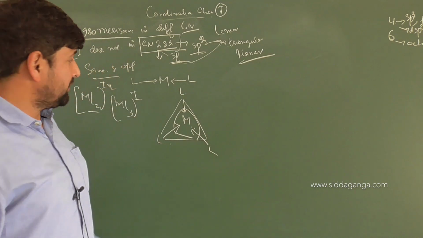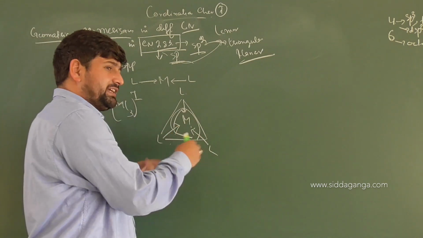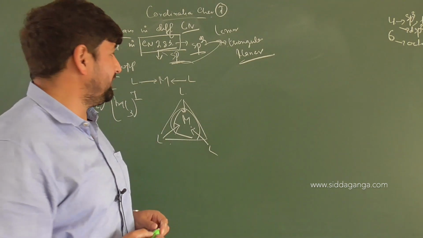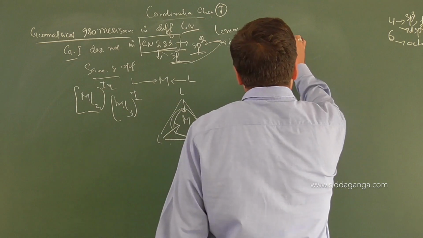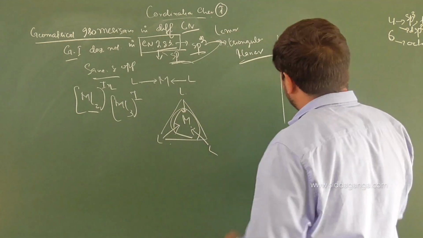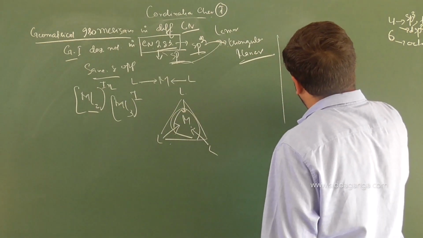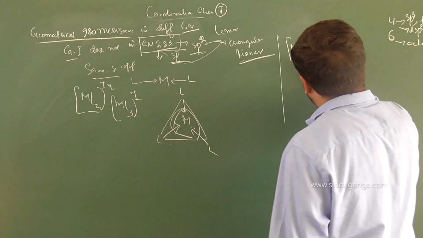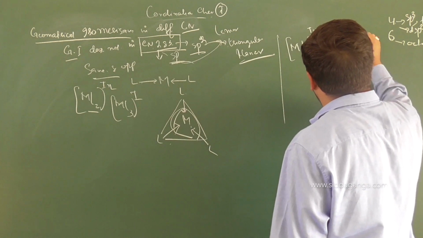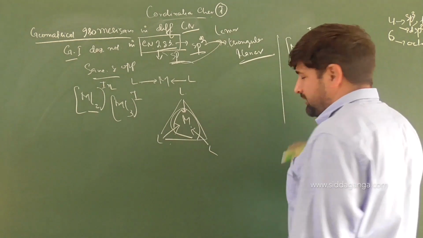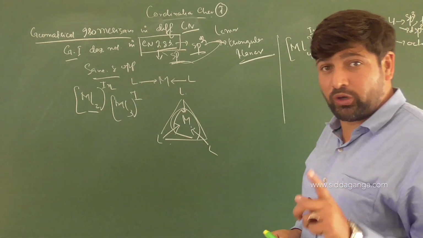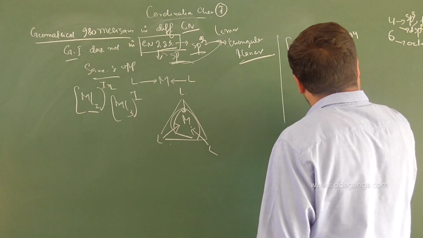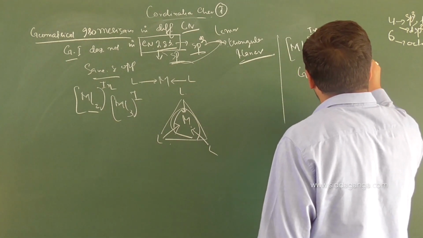Am I clear or not? Because here they are adjacent positions, so there is nothing like same and opposite side. Same and opposite side with respect to the metal atom can only be said when we have the shape of a molecule in which there are 4 bonds. Suppose we have ML4, charge is plus minus n. So what is the coordination number here? Coordination number is 4. But if the coordination number is 4, even then geometrical isomerism will not exist if hybridization is sp3.